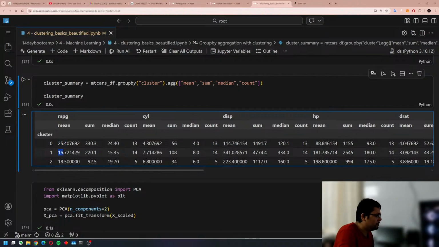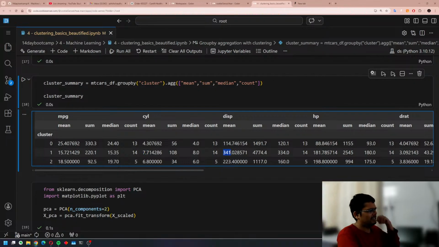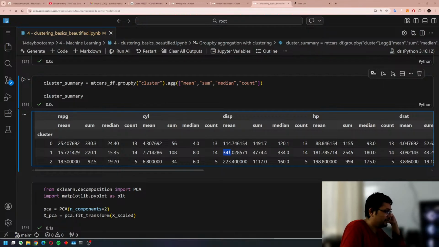This cluster one may be those cars which are expensive, like sports cars with the least miles per gallon. And its cylindrical data also suggests what we are saying is right. So 4.3 is your average middle class car, 7.7 on the cylinders, meaning it would be 7 or 8 cylinders. So that's a sports car category. And what else? Displacement, 341 cc, I believe it would be, but sports cars are way more than 341 cc's. But okay, in general, it's saying